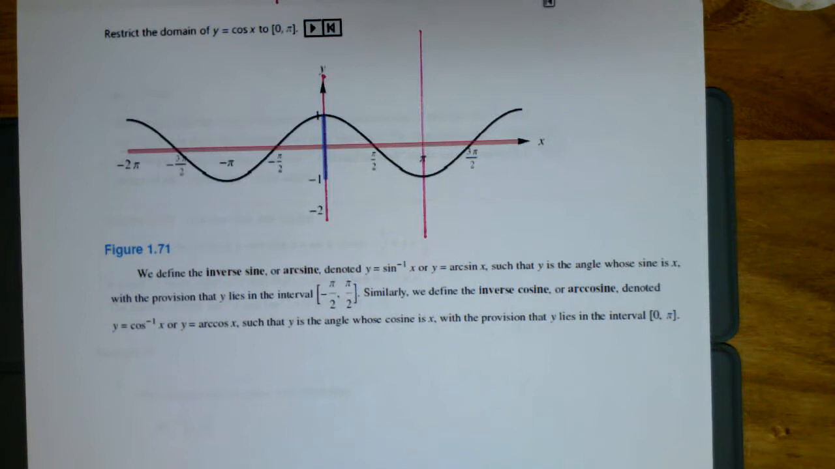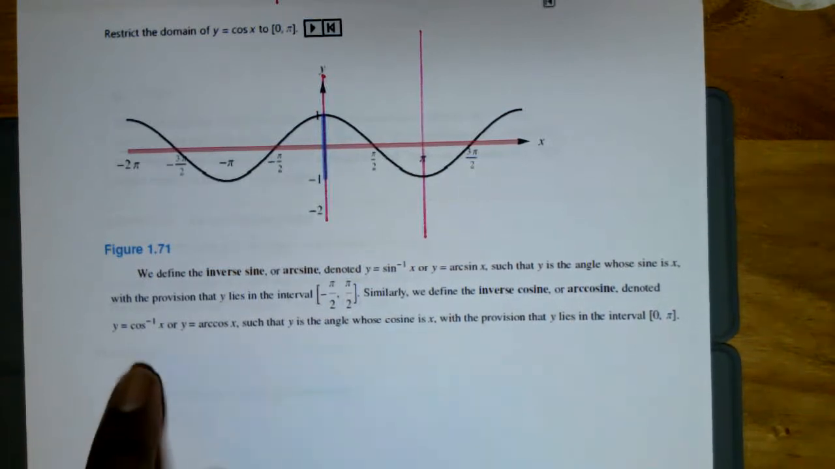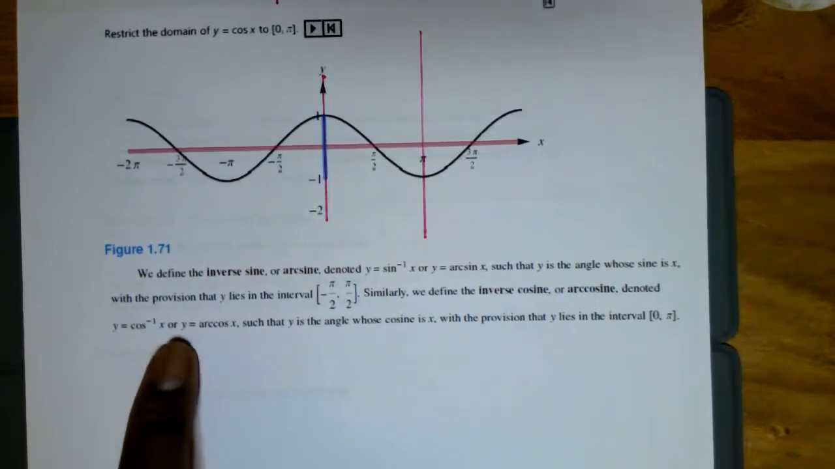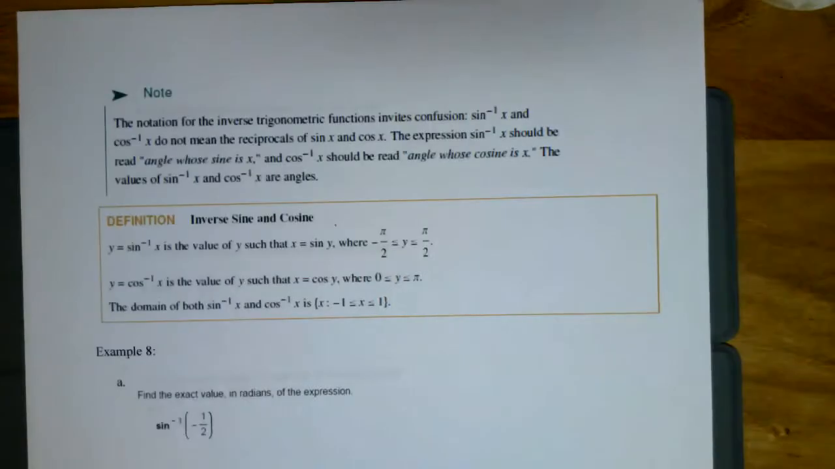Also, we can define the inverse cosine, or the arc cosine. That's also written as y equals inverse cosine of x or y equals arc cosine of x. We define it such that y is an angle whose cosine is x, with the provision that y lies in the interval from 0 to pi. And these are closed intervals, by the way, so their endpoints are included in that interval. Okay. All right, the formal definition is on the next page,